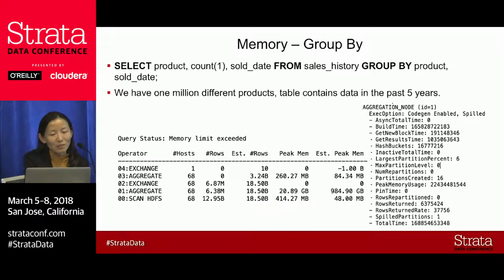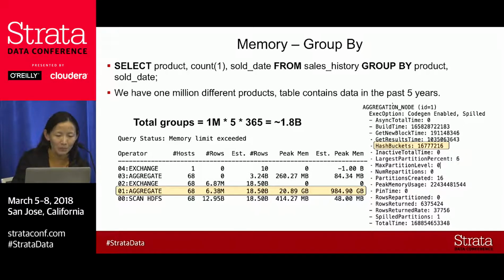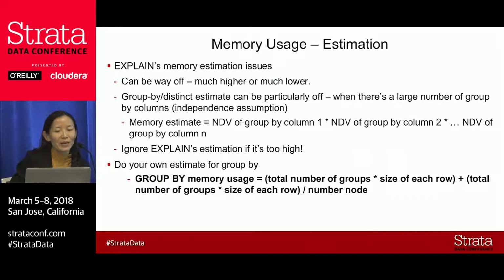So there's 1 million different products, and the table we want to hold the past 5 years of data. The total group will be 1 million times 5 times 365, 1.8 billion buckets. So that leads to large memory usage for the group by aggregation. For this kind of large group by, the way that you can